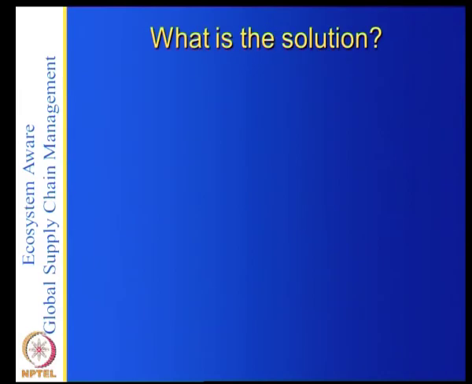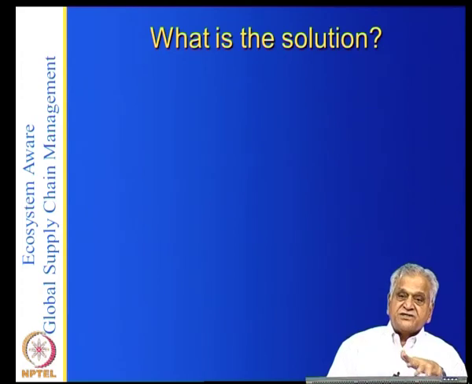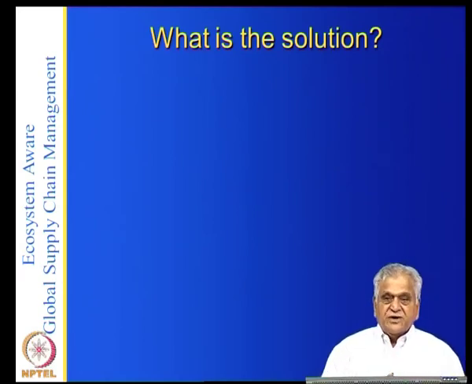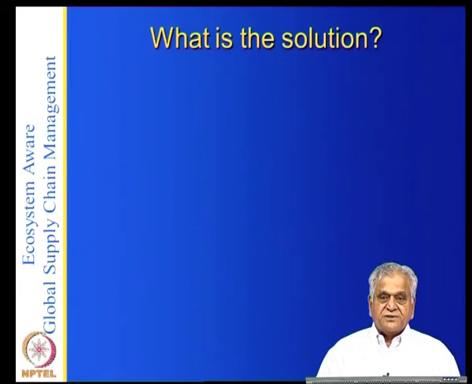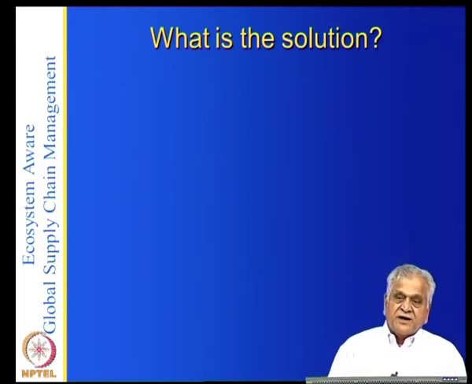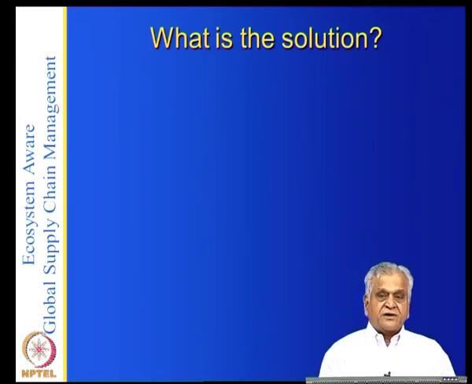So what is the solution? In other words, we have been talking in these 2 lectures that orchestration is a good thing that is happening, and you can orchestrate and so on. But if you look at the examples, there are several types of orchestration we have talked about. And one kind of orchestration which is very highly risky is when you are a manufacturer, you outsource everything and try to manage. Then there is the risk of hollowing out.